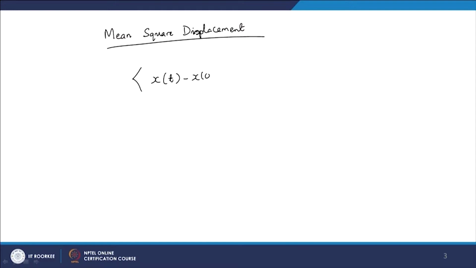So, what we therefore get is my mean square displacement equal to this, and if I associate this quantity that we get as my diffusion coefficient,